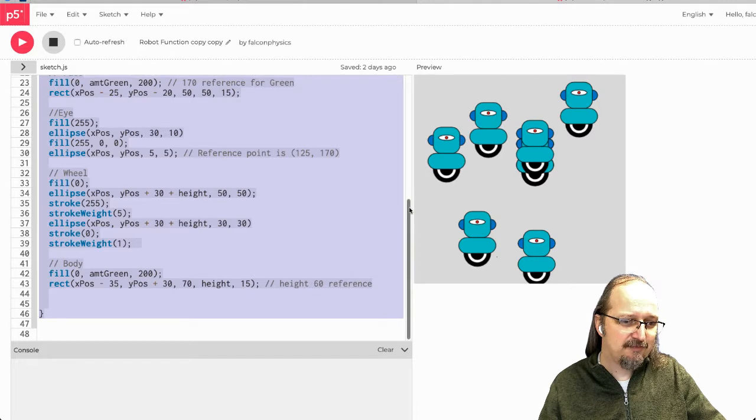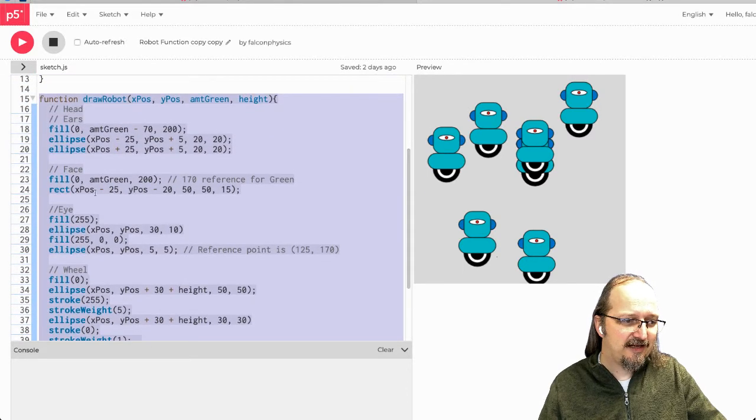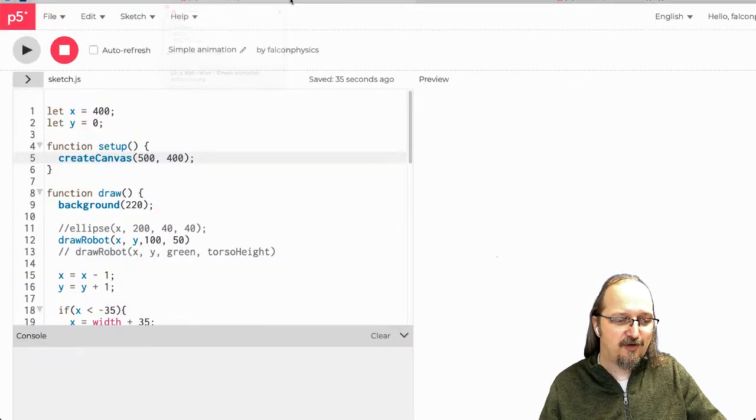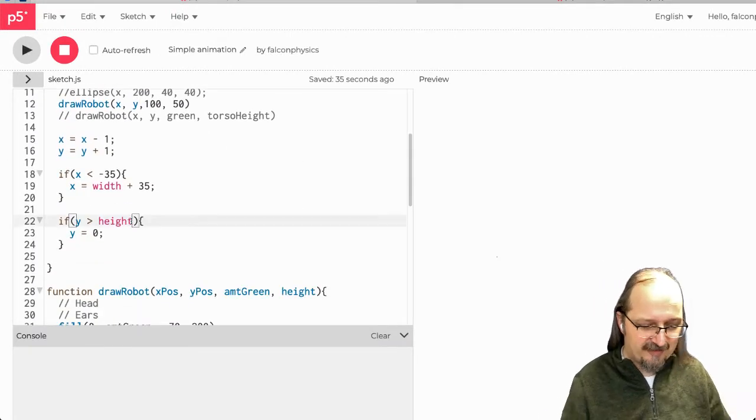And so if I look at my robot, the head, there we go, is y pos minus 20. So that tells me that the top of my head is exactly 20 above where my robot is drawn from. You with me? So back down here, I can change this to height plus 20, and then my robot will